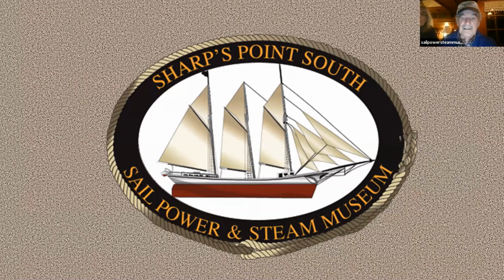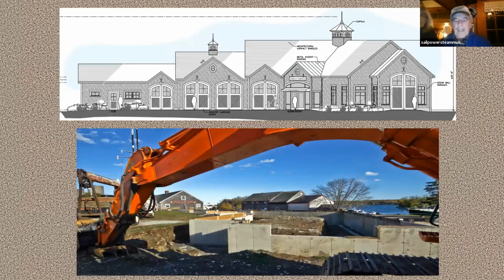All we have is a little bit of space left, so we decided we've got to build a new building. So we put our heads together with the architect. Here's a rendering of the new building that we intend to put up. And you can see with the backhoe, under the backhoe, our foundation is installed. It's already there. You can see the museum building beyond under the backhoe. And come spring, in the middle of April, we're going to be hammer and tongs putting the rest of this